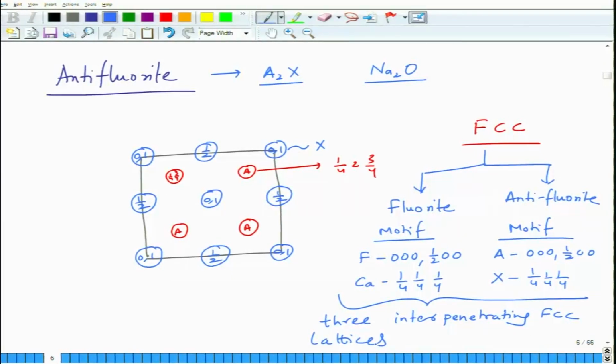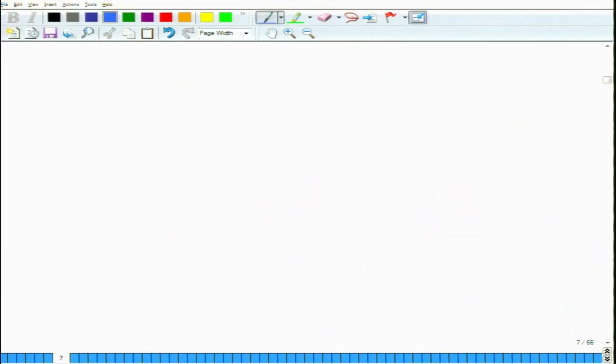In the first case 2 of anion, 1 of cation, in the second case 2 of cation, 1 of anion, alright. So, this is how you make anti-fluoride structure, which is again based on FCC packing of anions. Okay. Now, what we will do is that we will look at another structure